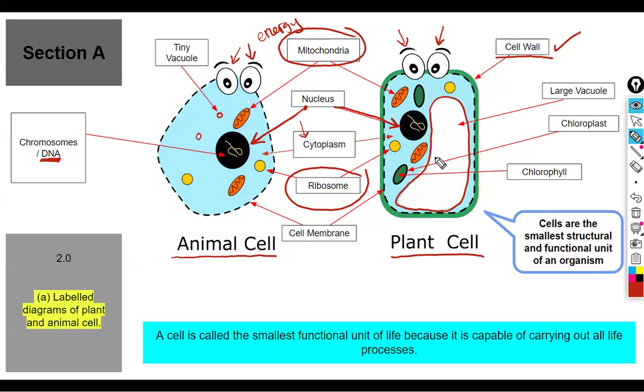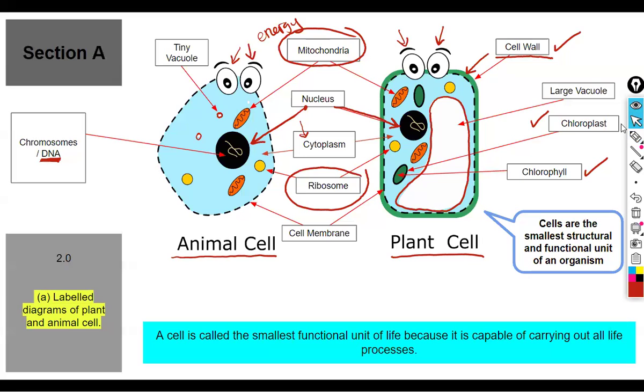The vacuole actually helps to give the plant cell its shape. It helps to hold it up. It's like a big bubble inside of it that holds up the plant cell to give it a shape. Don't get me wrong, the cell wall also helps with the shape, but both the vacuole and the cell wall help with the shape of the plant cell. And also, plants have this thing called chlorophyll and chloroplast. The chloroplast is like a container that contains a liquid called chlorophyll. Plants can create their own food, and they need something called chlorophyll to make that food.